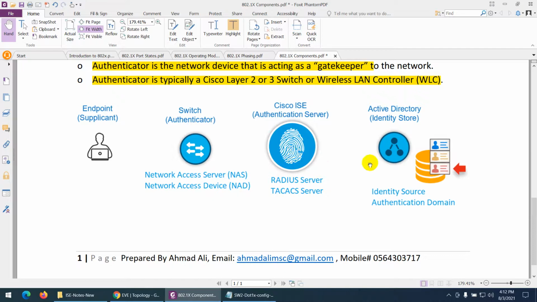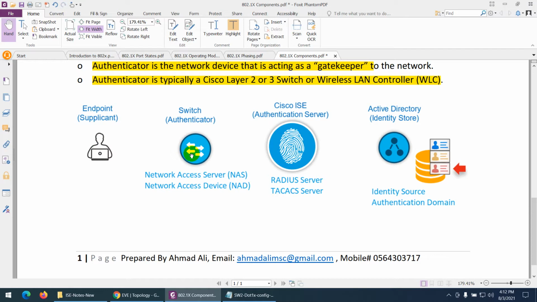Then it will check the identity with Active Directory if you are using an external identity. That is called the identity source, either Active Directory, identity store, identity source, or authentication domain. After checking the details, ICE will take an action and forward to the switch, and the switch will forward to the endpoint that you are allowed or denied.